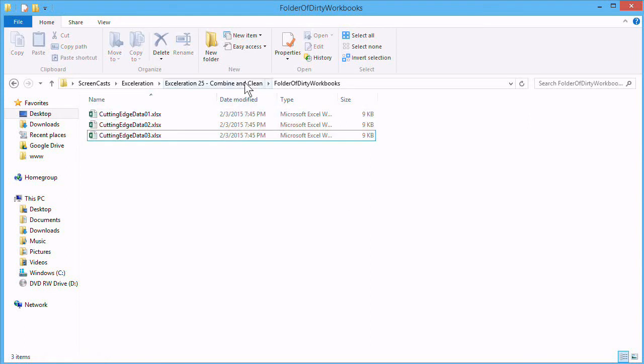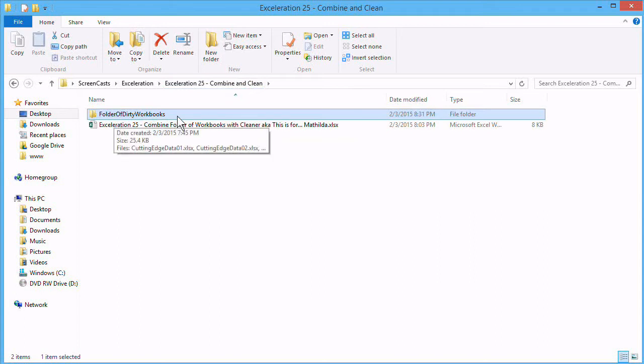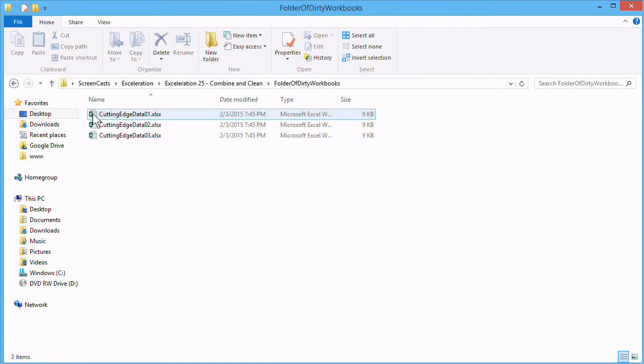In today's episode, we've got this folder that is full of dirty workbooks, and we want to combine them all. So there's a bunch of different tables in here. We want to turn them into one big table, which is hard enough, but it's confounded by the fact that if